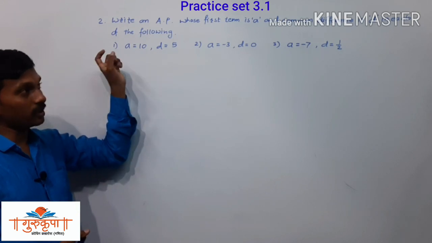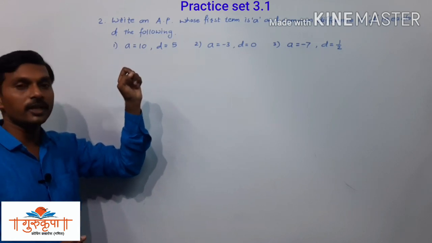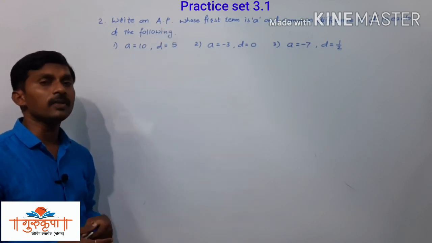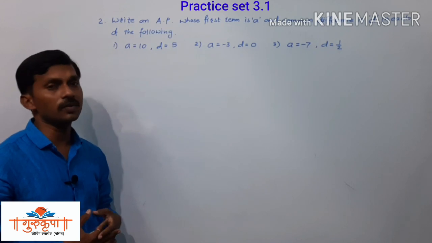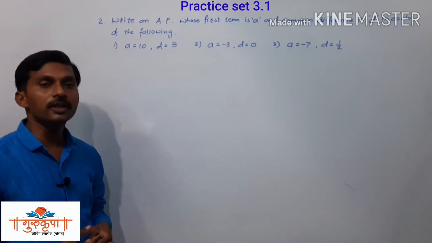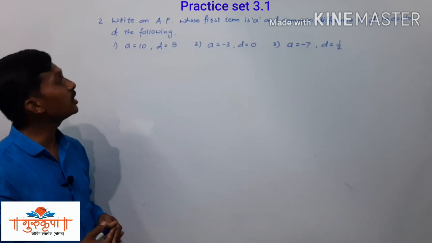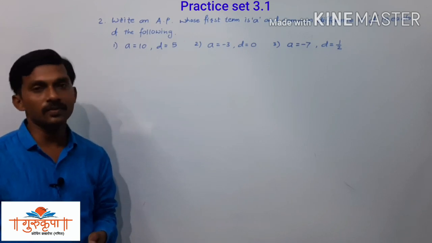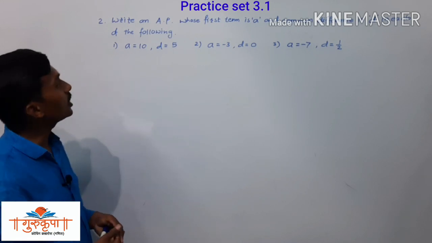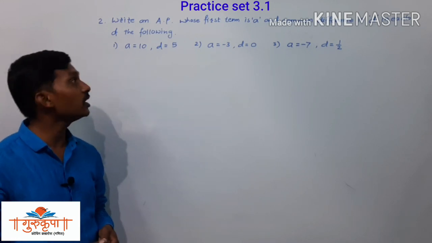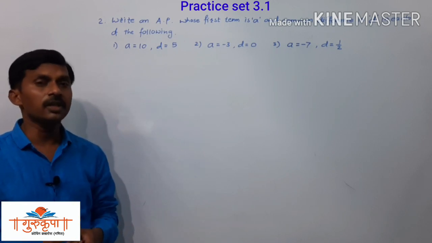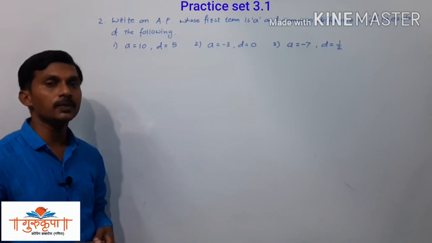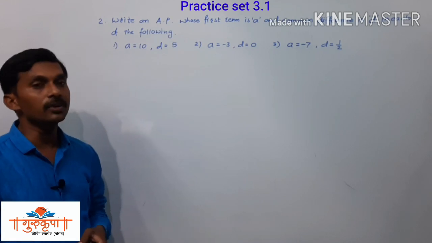Now actually here the main problem is how many terms of that AP we have to write. That is not given there in the question. So at least we will get 3 or 4 terms there, since it is not given how many terms of that AP we have to find. There are infinite terms in the AP. So how many terms exactly we have to get is not suggested in the question. So we have to determine either 3 or 4. Everywhere we will get 4 terms. At least 4 terms we will get for each and every AP.